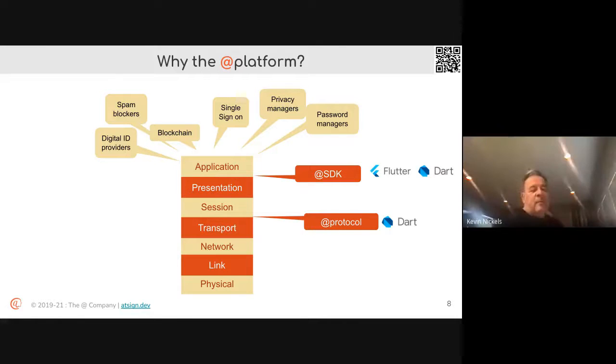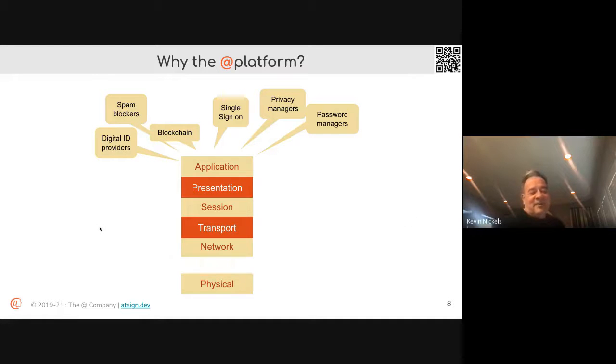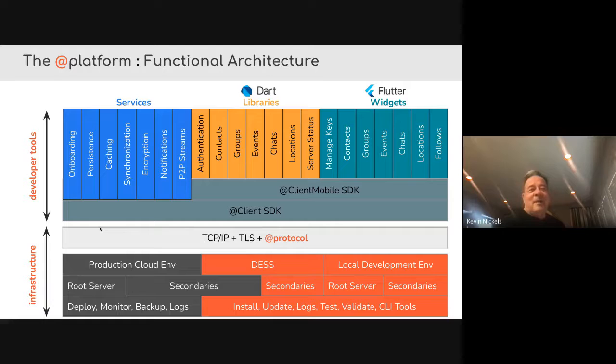So for browser, one thing that could be done is server-side rendering where the backend speaks TCP/IP. We actually have an example of that in the server status library. It's got a really stupid simple web server, a read-only web server. So there's no puts or updates or posts, but it'll do a get, and it'll actually go out and use the TCP/IP protocol to talk to a NAT server and find out what its status is. So a server-side rendering model could work. We haven't spent a lot of time there.